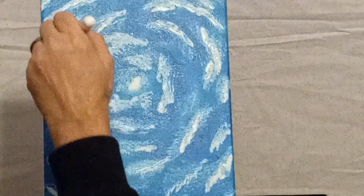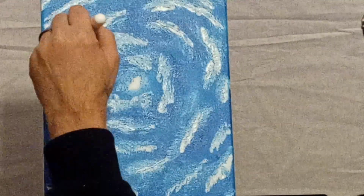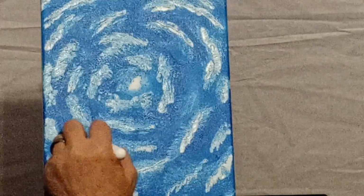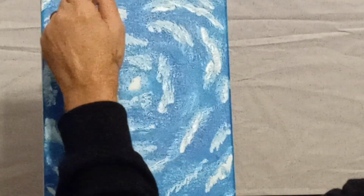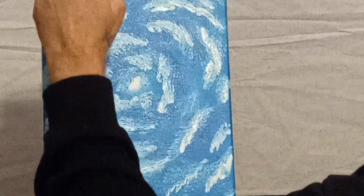You see how, even if you're not getting what you want, you see how this technique helps create a cloud, helps give you the impression of a cloud. And see, after we get all of our initial blending done,